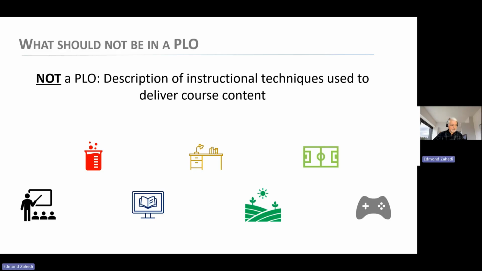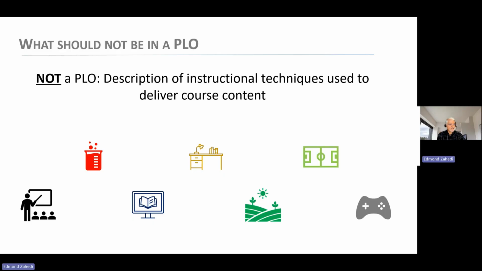So again, it's another important aspect to stress that the PLOs should be properly formulated so that the assessment, the evaluation mode, is kind of implicit for somebody who is reading this and has sufficient knowledge of the field.